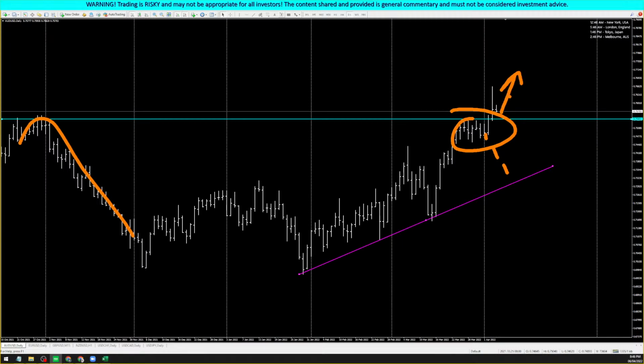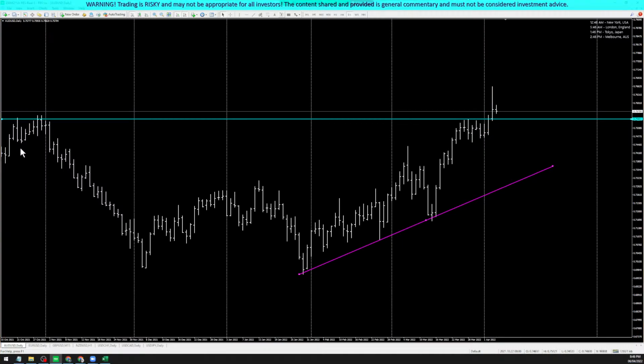So, ibig sabihin, since nag-breakout na siya doon, may possibility pa ba na bumaba to? Like, tonight or today? Yeah, I would say yes, there's still a possibility. Like everything is a possibility. Pero if you remember the term that I used earlier, ang ginamit kong terminology kanina, it's probability. Okay, so what's the difference between possibility and probability? Yeah, that's something that I want you to look into. All right, let me know on the comment section.